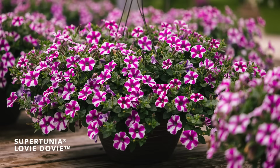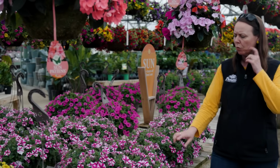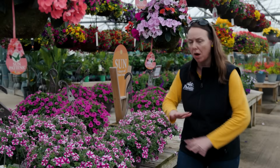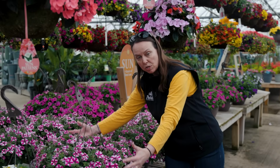Oh my gosh, lovey-dovey, love this one. Beautiful variety from Proven Winners. This is a Supertunia from Proven Winners. Really, really beautiful stripes, raspberry pink and white striping. You can tell it has a very prostrate type of growth habit, and then the spreading comes